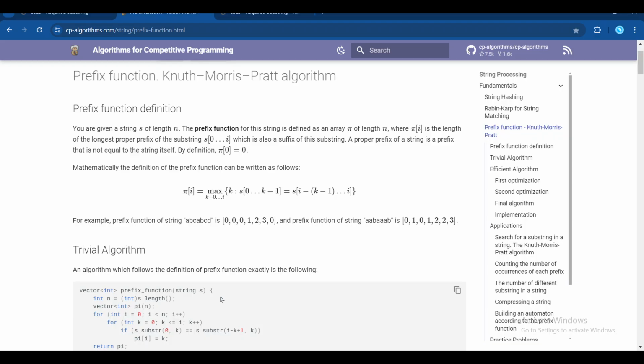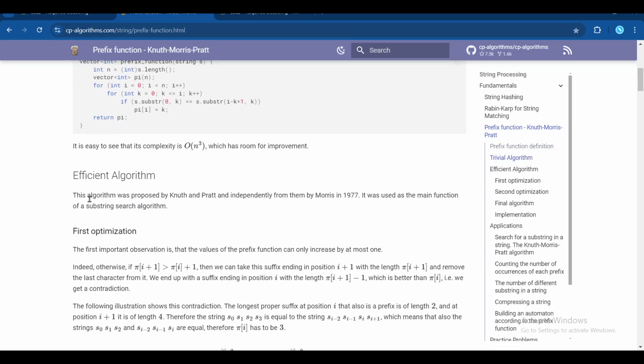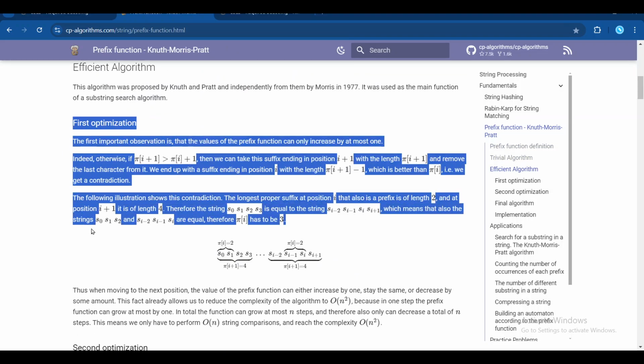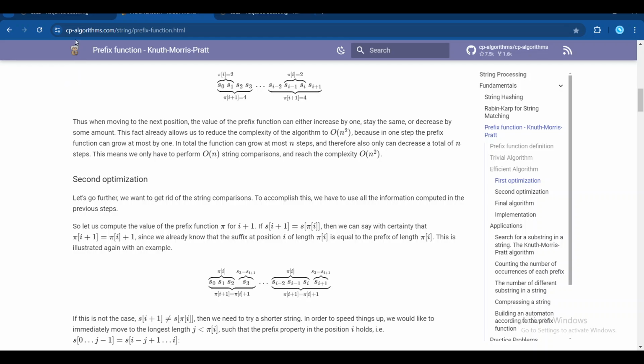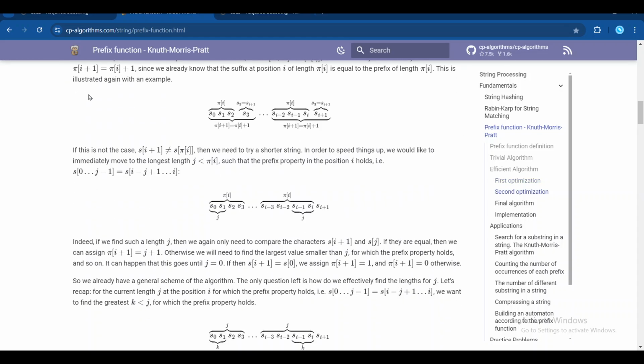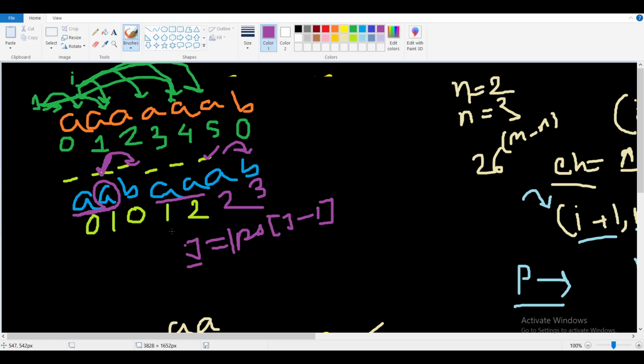If you have any doubt in this part, you can rewatch the video, or you can read about the KMP algorithm. These are explained quite in detail in this article. So please go through this article and also rewatch the video, or you can also watch any other YouTube videos. But the main algorithm is that we are computing the LPS array, longest prefix which is also a suffix,